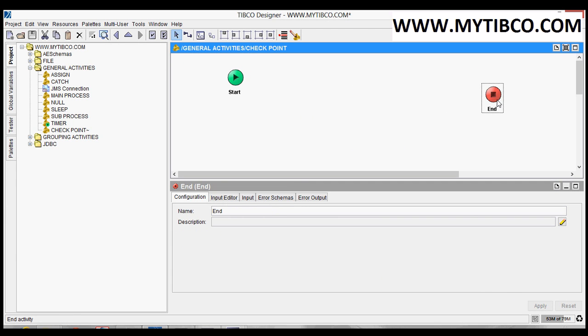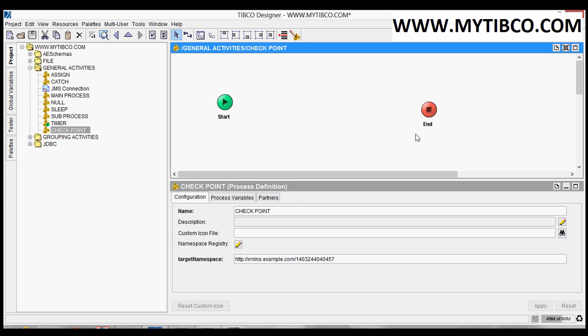Before going to explain about checkpoint, first we should know what is checkpoint and where we have to use this. Checkpoint has two advantages. That means we can perform two activities with this checkpoint. First one is we can identify the duplicate request, and second one is with this checkpoint we can save the state of a process, and if the job is terminated we can recover the job.